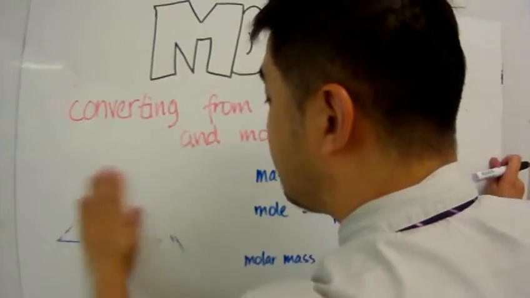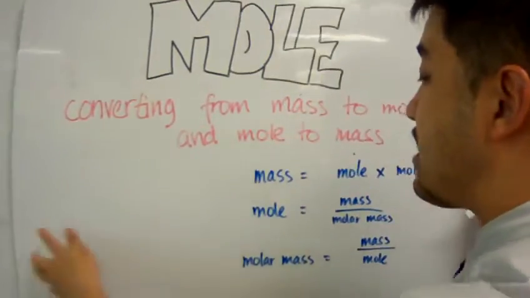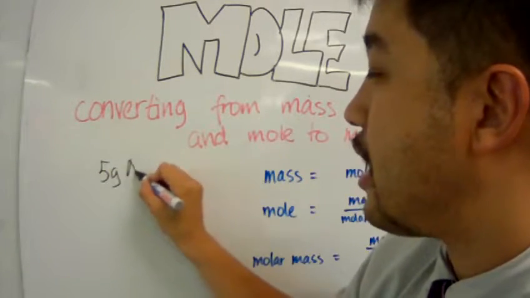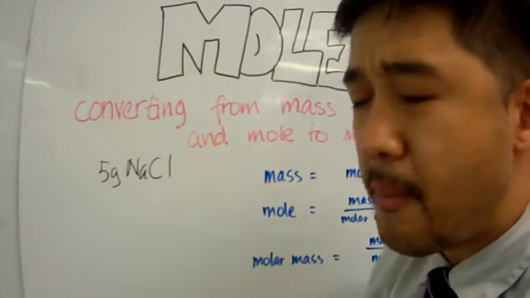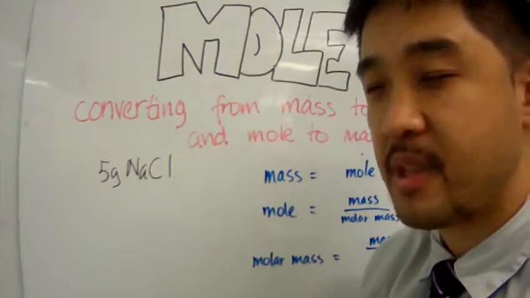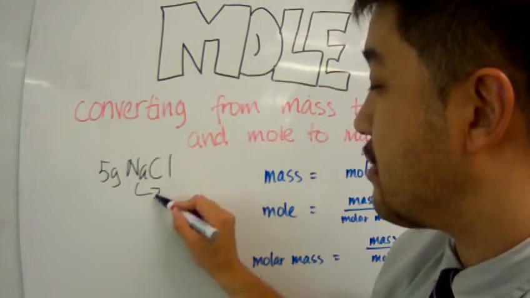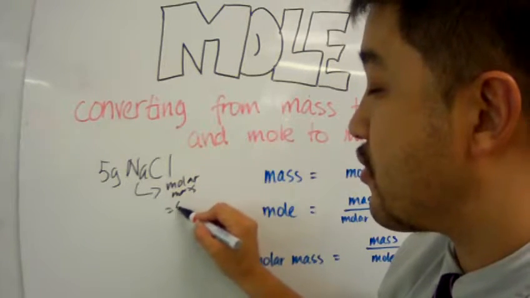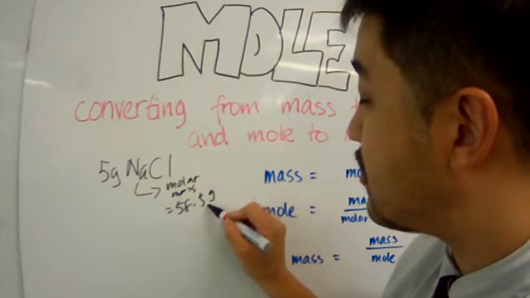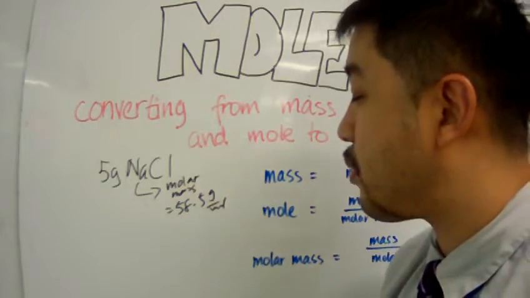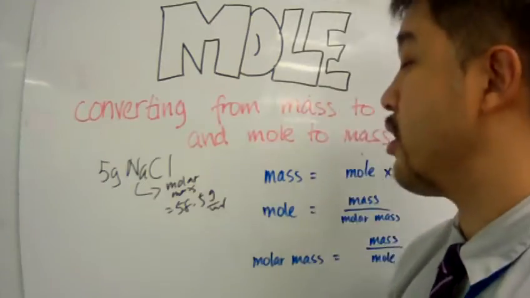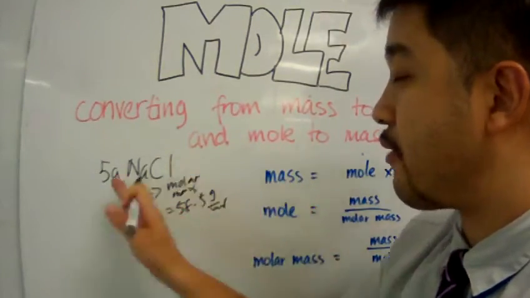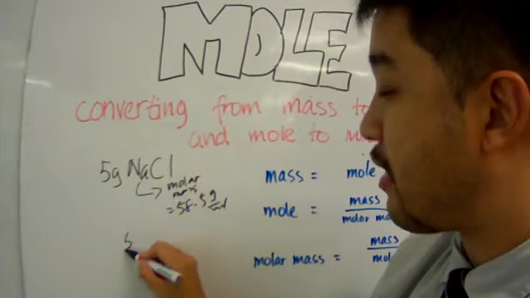Now, let's say I've got 5 grams of salt, NaCl. How many moles is that? Well, we first need to figure out the molar mass. In previous lessons, we've said that the molar mass of sodium chloride is 58.5 grams per mole. So the amount of moles in 5 grams of sodium chloride would be 5 grams divided by